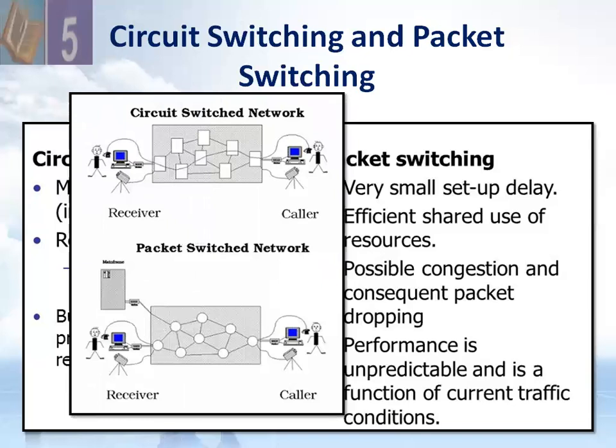So here you can view on your screen a circuit switched network and a packet switched network. In a circuit switched network, the example is a telephone call. A telephone call is an example of a circuit switched network, and in a packet switched network, your data is broken down into small packets and can follow different routes. In a circuit switched network, a dedicated connection is established between the sender and the receiver, the connection is maintained, and when the communication is finished, it is terminated.